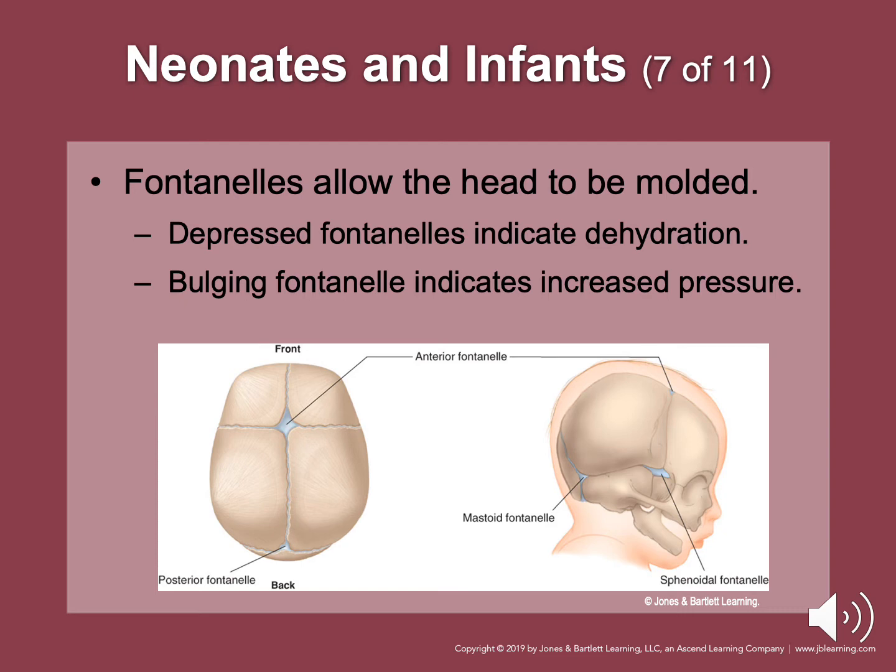Fontanelles are the areas of space between the bones that eventually fuse to form the skull. Three or four bones of the skull eventually bind together to form suture joints. The posterior fontanelle normally fuses by 3 months of age, and the anterior fontanelle usually between 9 to 18 months of age. If either of these is depressed, most likely the infant is dehydrated. A bulging fontanelle is indicative of increased intracranial pressure.